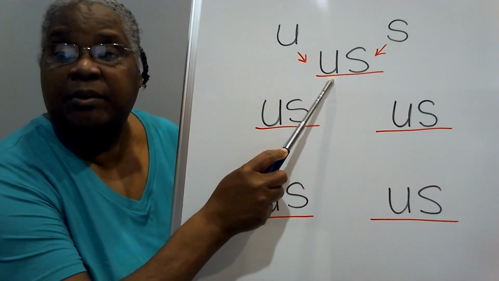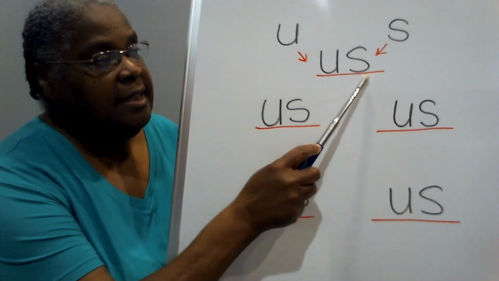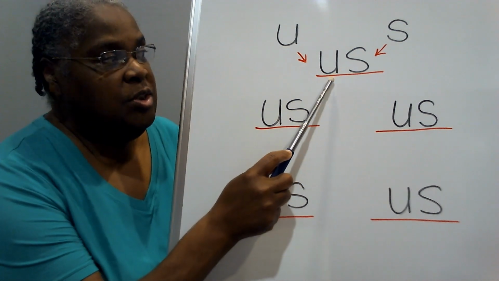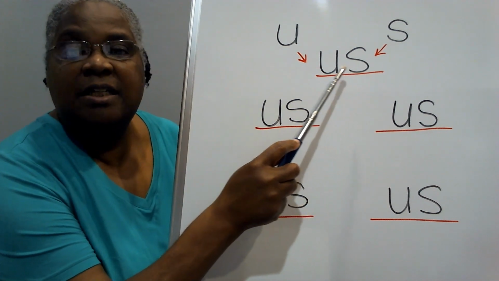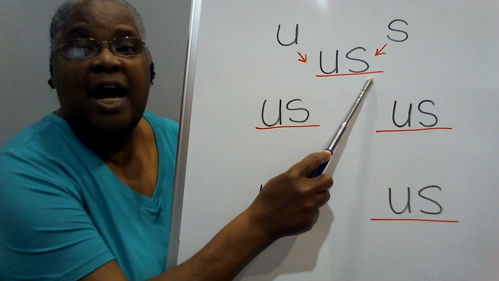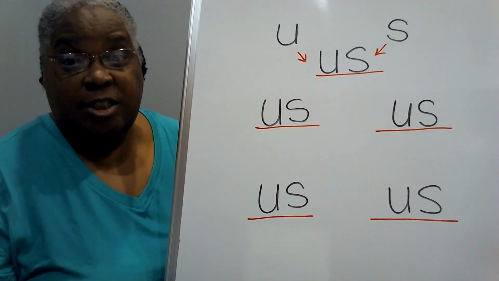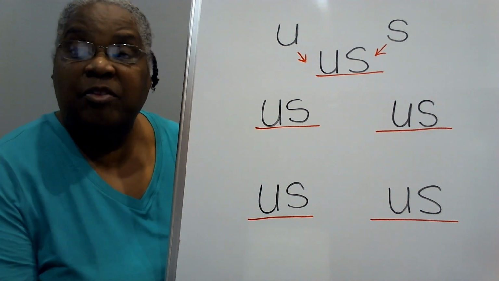Say the U sound. Say the S sound, S. Now say the U sound and the S sound together smoothly, us. Great job. Now, there are some special things to know about the blend